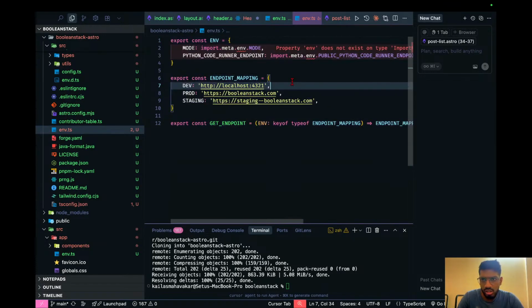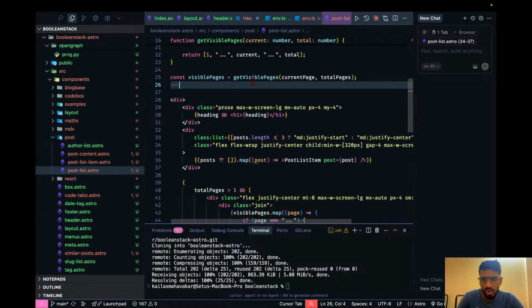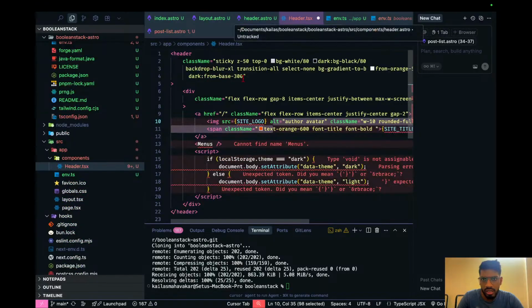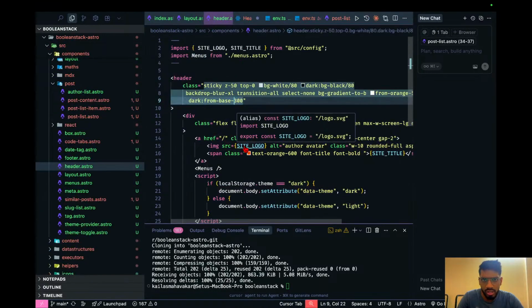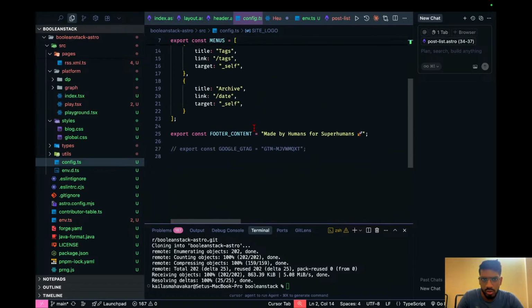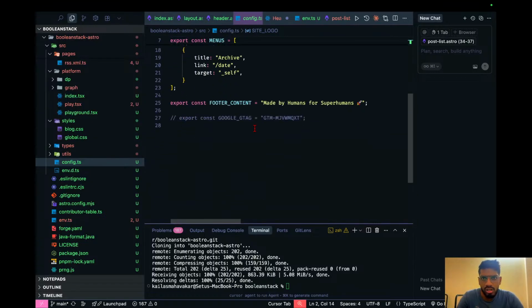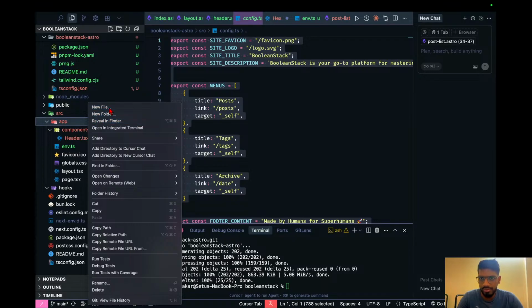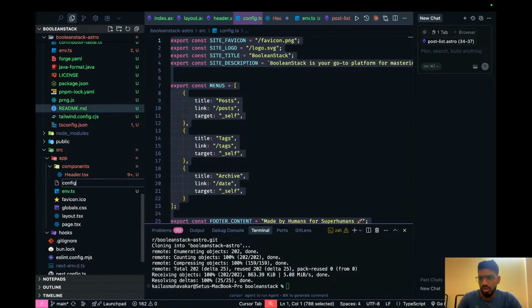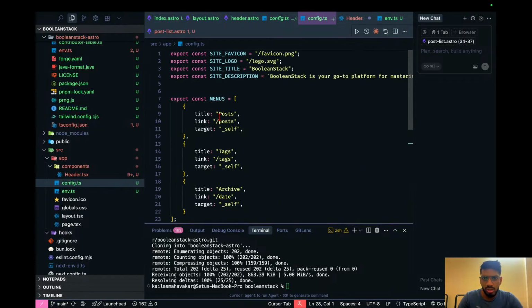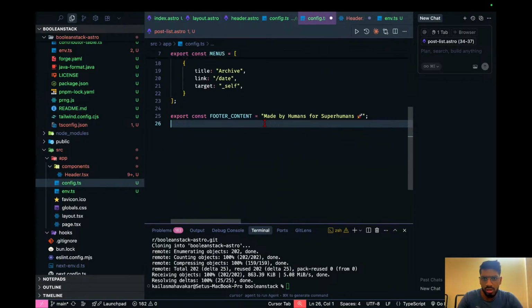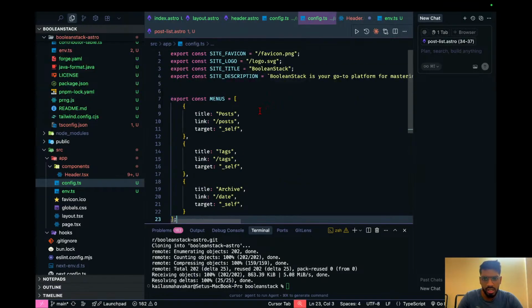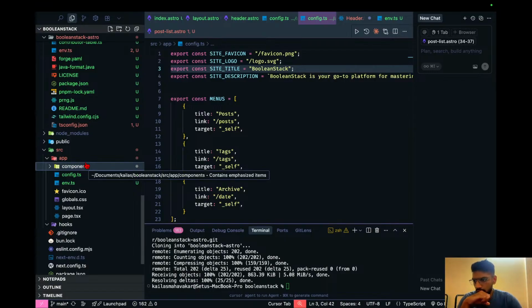Mode, but okay, heading, site logo, right? Site logo, where is the site logo coming from? Config. So this was the config actually. This was the site config that I statically generated. Let me go back, create another file, config.ts. So I'll just copy paste this out. Google gtag, remove this out, post tags and archive. So for now, we only have site logo, hyphen logo, that's a sweet G. And I'm not sure if